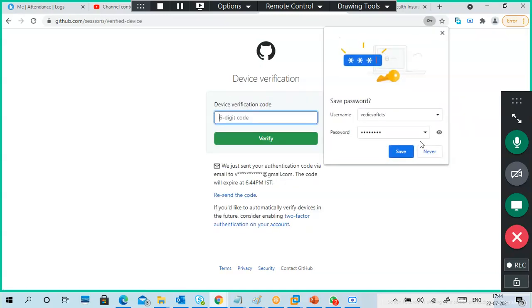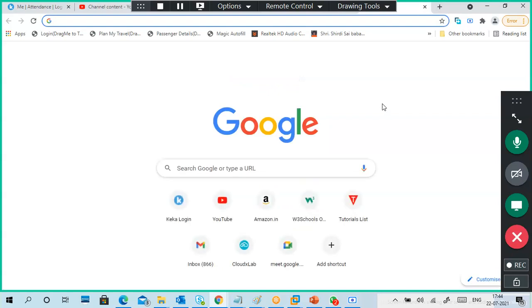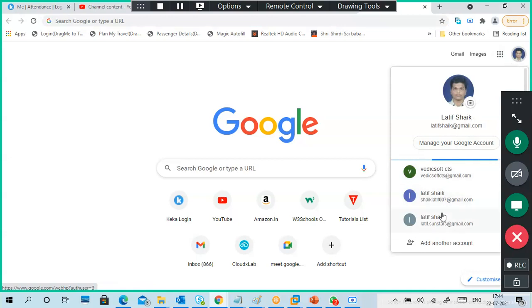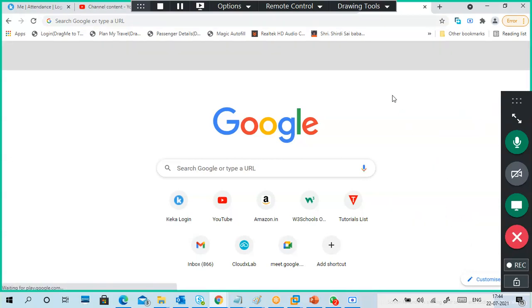Huh? Finally, it is logged in. But I forgot the password. Again, I have to open my other Gmail account. Okay, yeah.